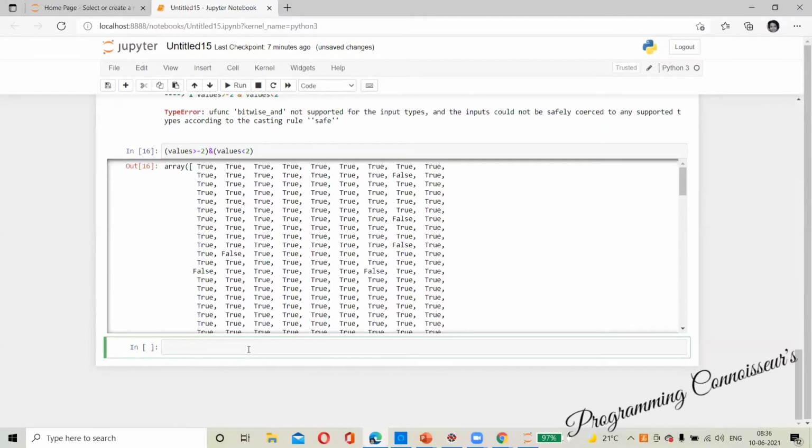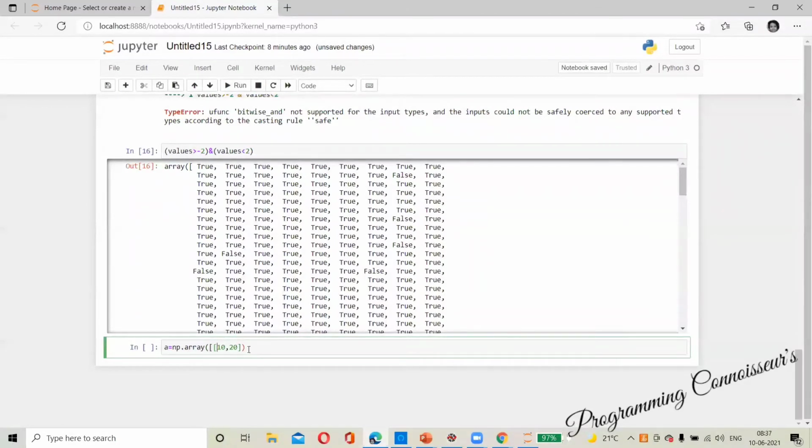We have already imported numpy. So we'll say A is equal to np dot array, let's say 10 comma 20.